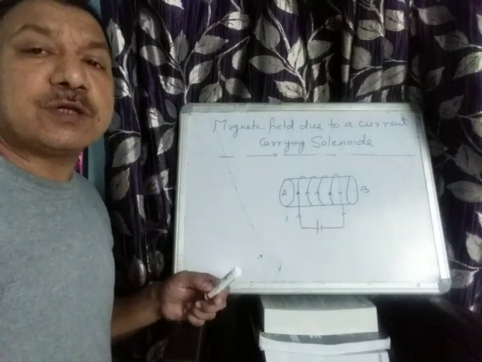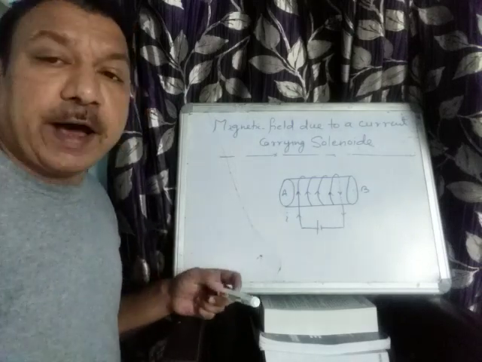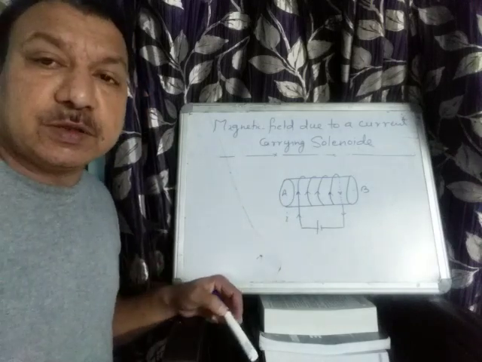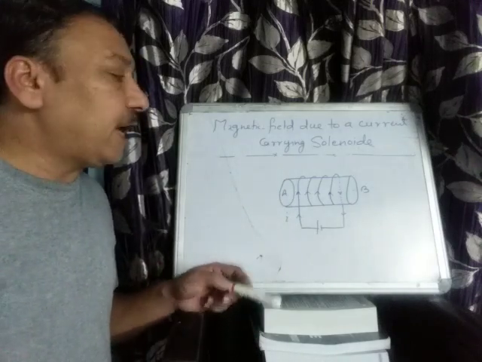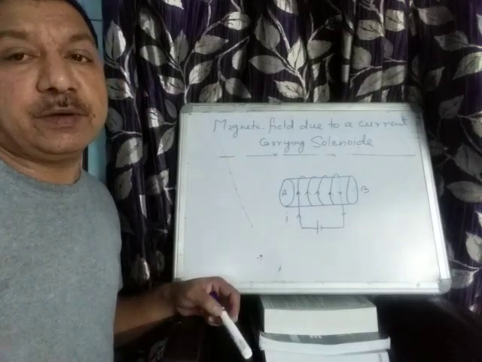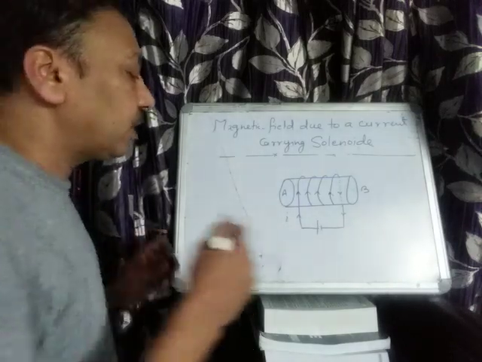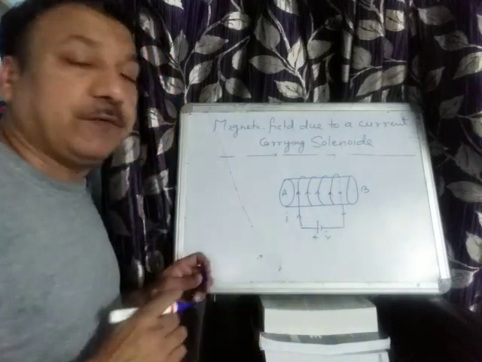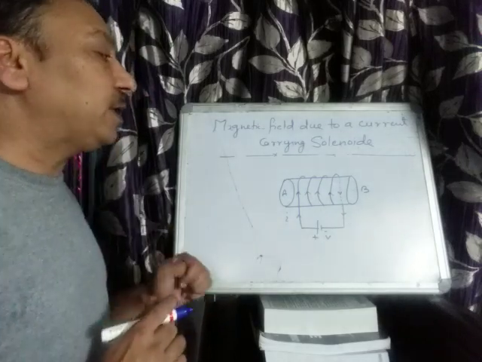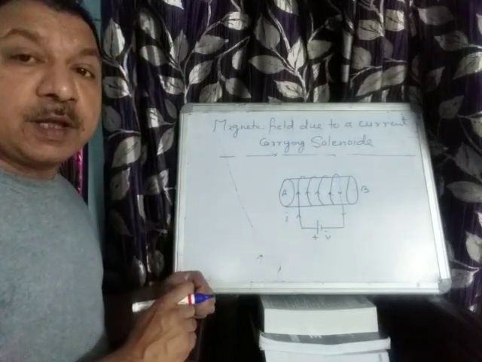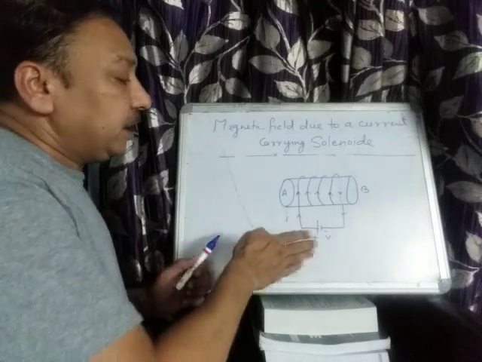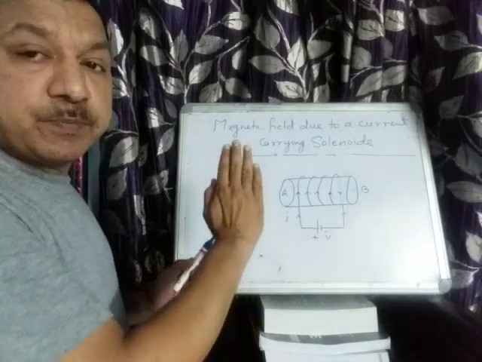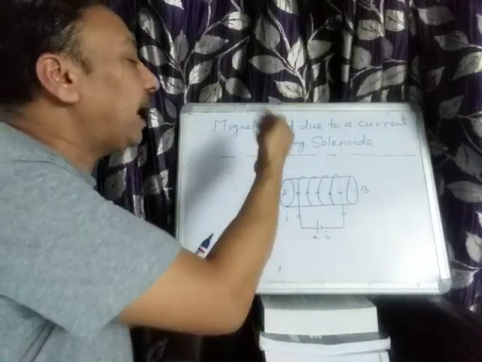So what is a solenoid? A solenoid is when a copper wire is wound on any cardboard paper or insulating material, having n turns. Okay, so when the current is flowing through this solenoid, then it will start behaving like a magnet. So how will the magnetic field lines be drawn? Here just see, in the front portion of the solenoid, current is moving upward, but can you imagine what is going on behind this solenoid?